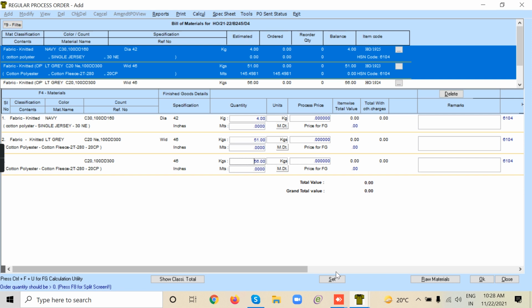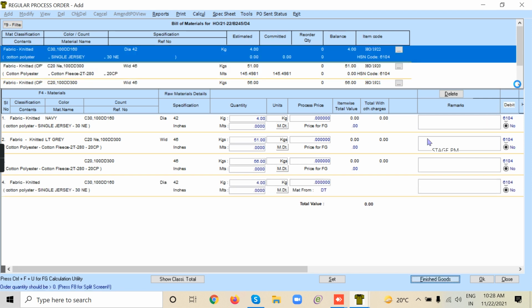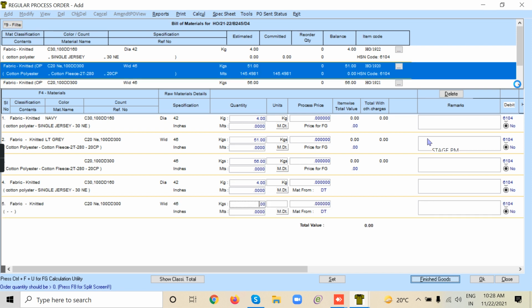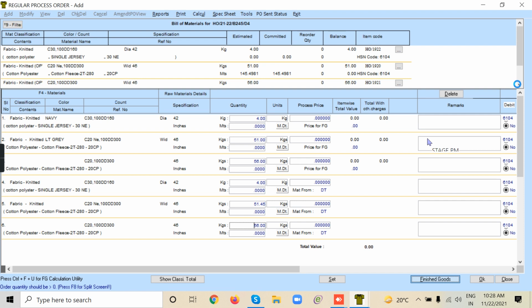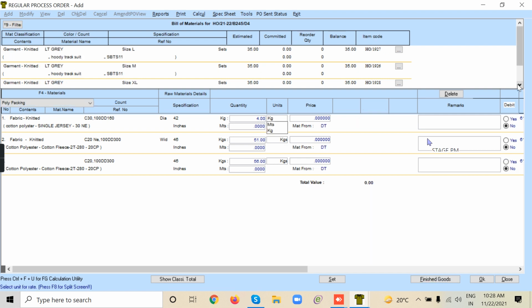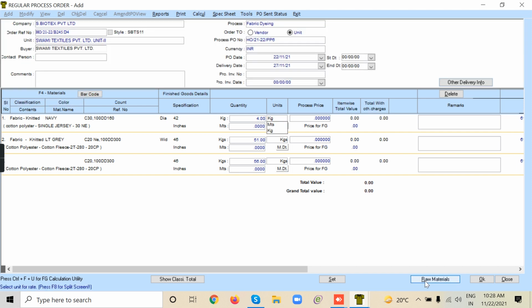Okay. Now raw material. Raw material. Now we can press F4. Go to the price and enter the price.